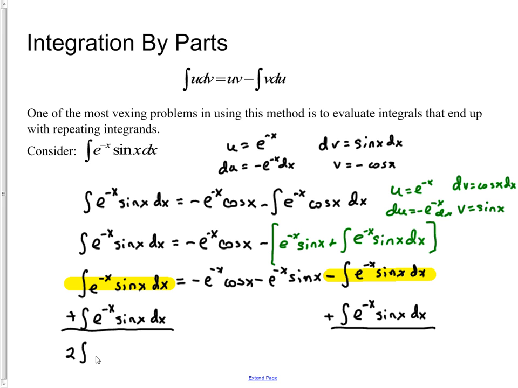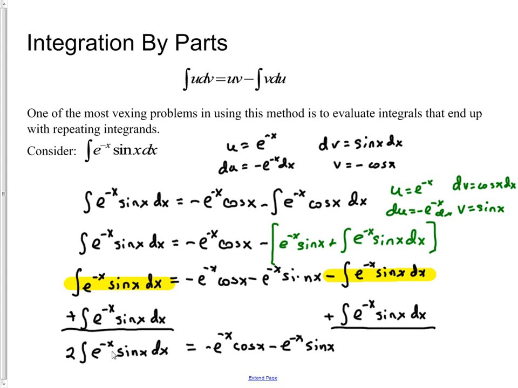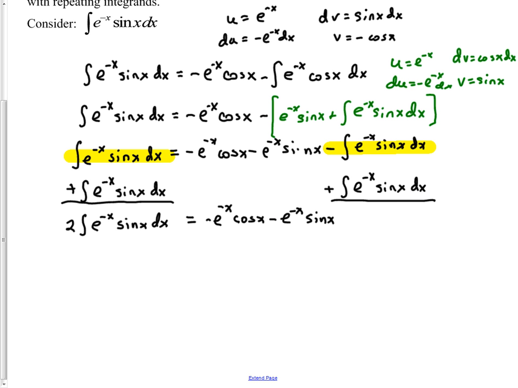We now have 2 times the integral of e to the negative x times the sine of x dx equaling this quantity that's left over. And so, of course, the answer to solving this equation is to divide both sides by 2 and get our new expression,